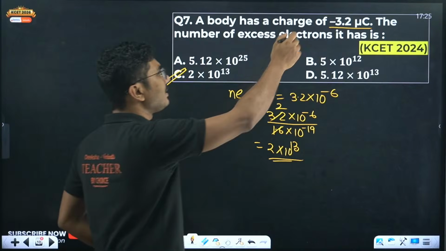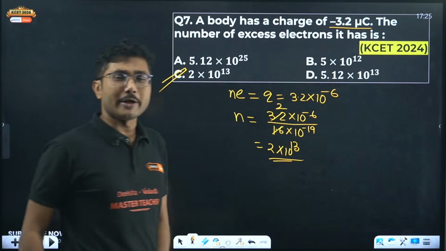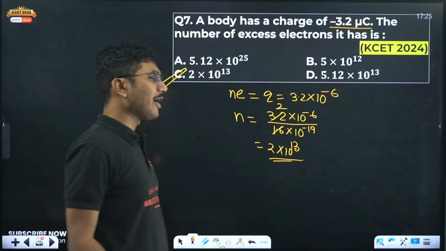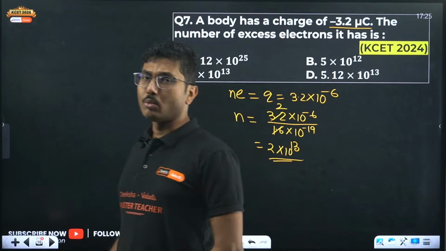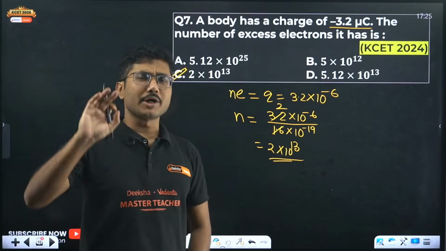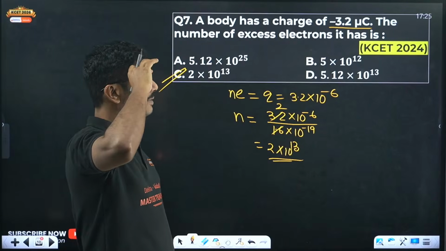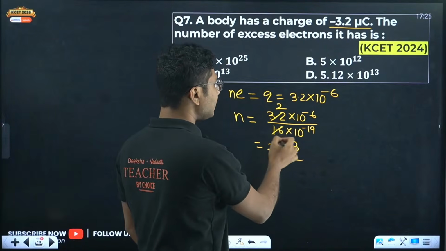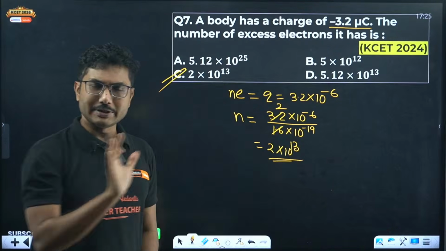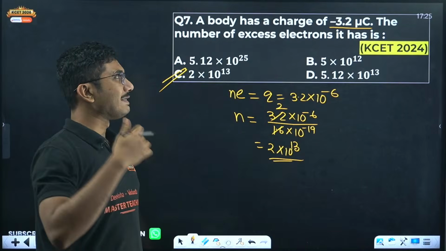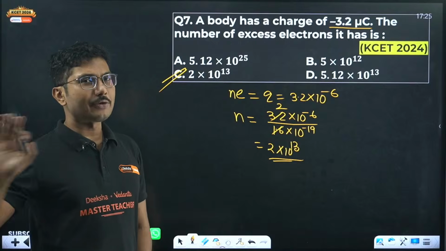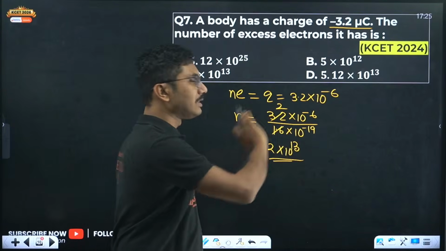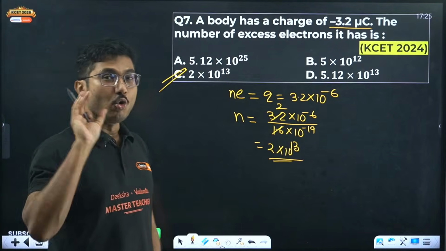Suppose instead of giving this as 3.2, suppose 2 microcoulomb is given, or 5 microcoulomb, or 1 microcoulomb, or 1 nanocoulomb is given, then how to convert? If it is a multiplier of 1.6, then use this formula. Very simple. 1.6, 3.2, 4.8, 6.4. If those values are given, use this formula. This is faster. But if any whole number is given,